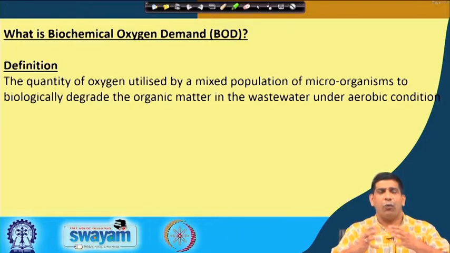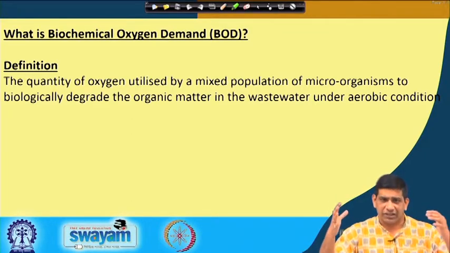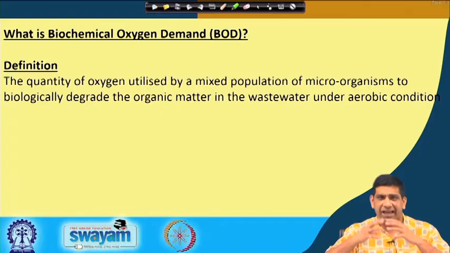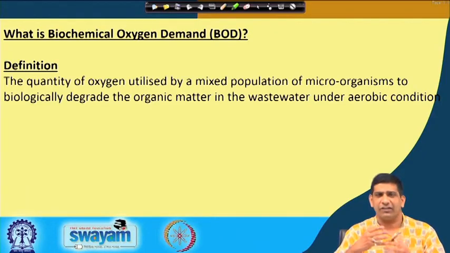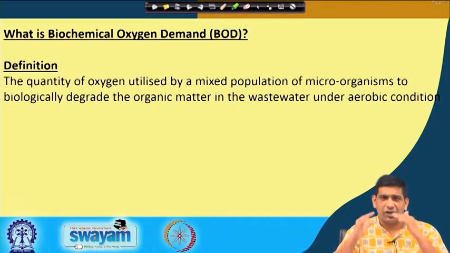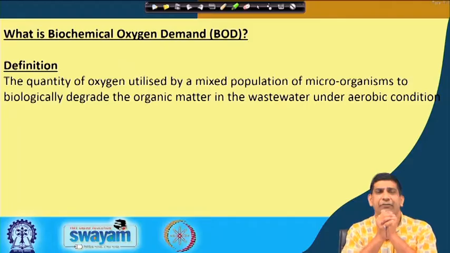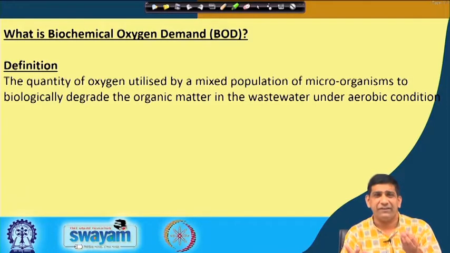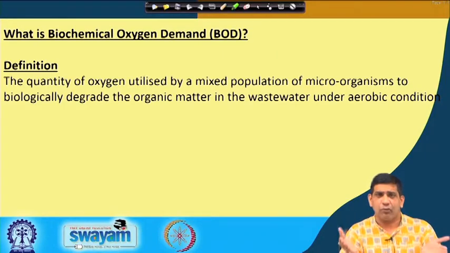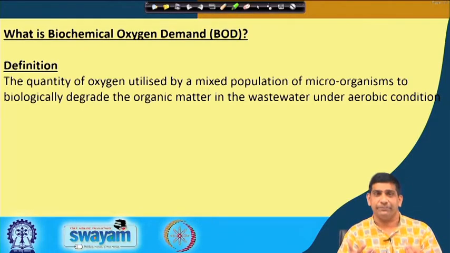Now, why is it a problem? Because if the dissolved oxygen concentration is going down, we have several aquatic species, fish and a lot of other species present in the water. They need a certain amount of oxygen to survive. So, if that oxygen goes down, what will we have? We will have a scenario of fish kills, or many of the organisms will die. What is a fish kill? It means a good population of fish suddenly dies. Why? Because the DO number goes down drastically. So, fish cannot survive, they need oxygen